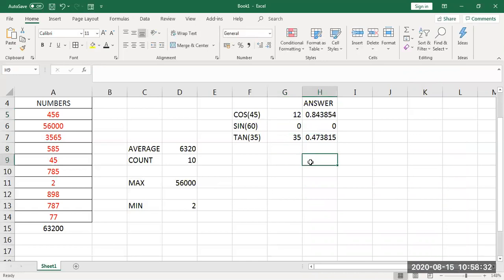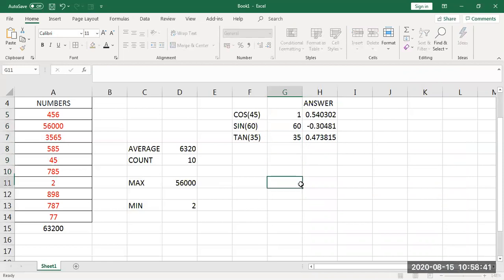One more speciality: instead of 60 I can change it to 0 and I will get the result. Instead of cos I can change it to 12 and I will get it. If I change my cos value to 1, I will get that too. Any changes you want to make will be reflected. If I want cos of 60, I will get it. Okay, this is another thing.